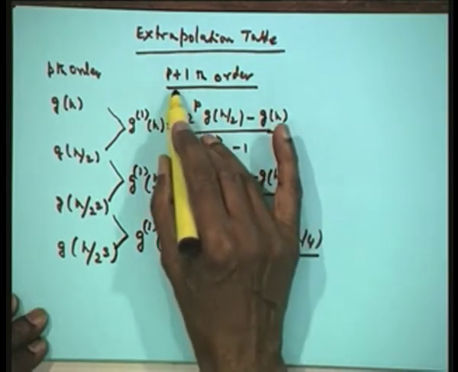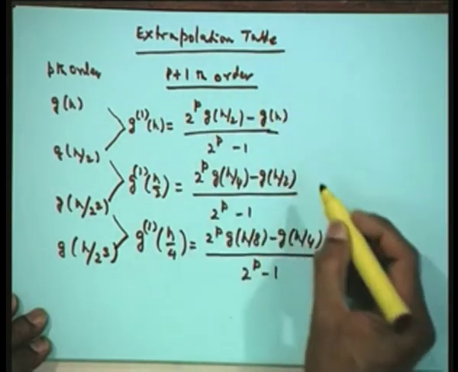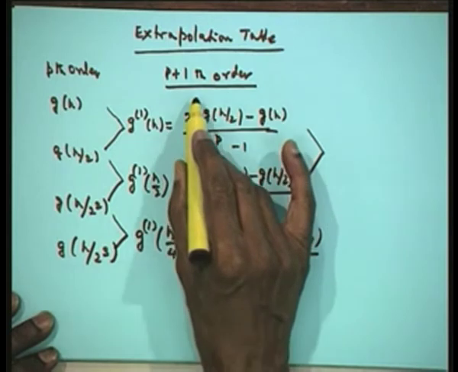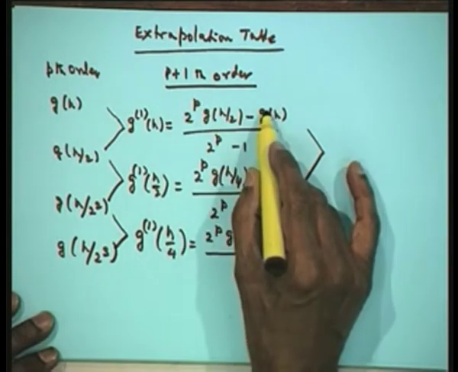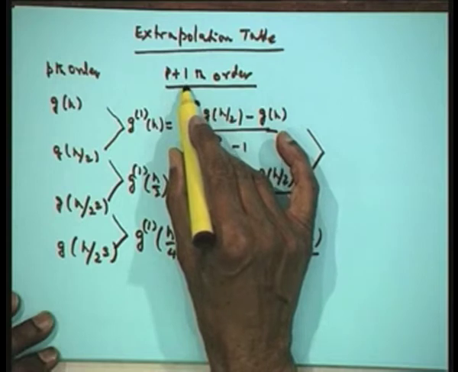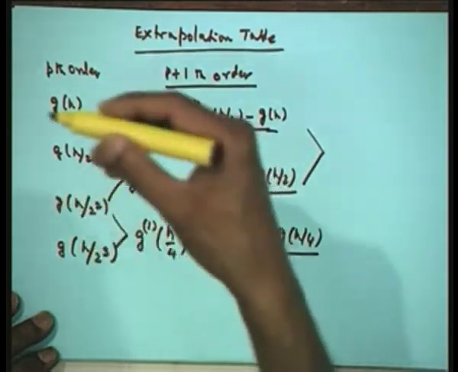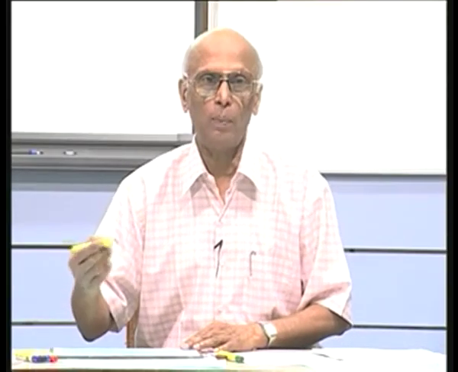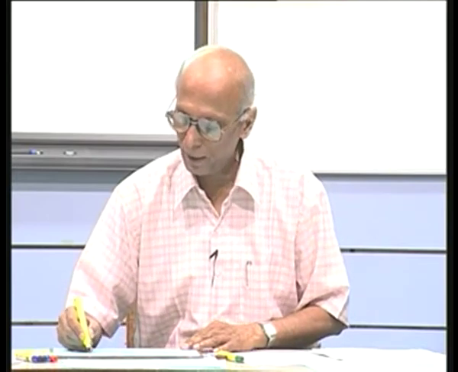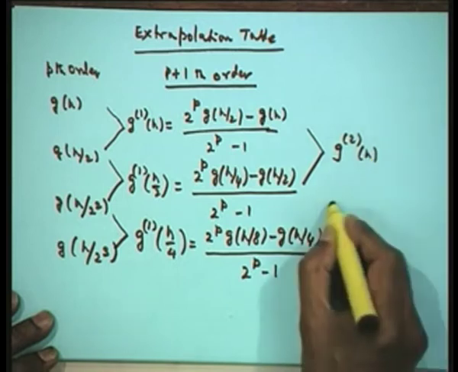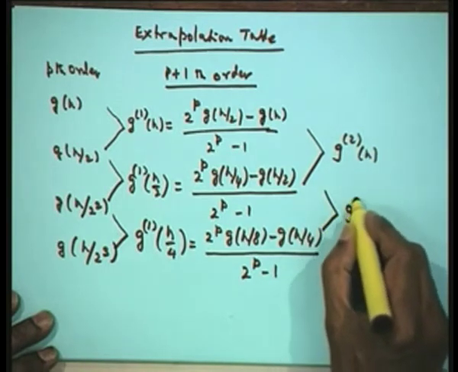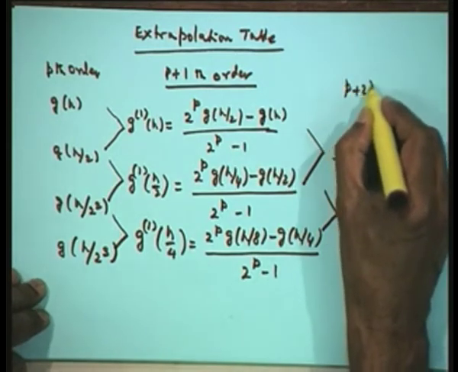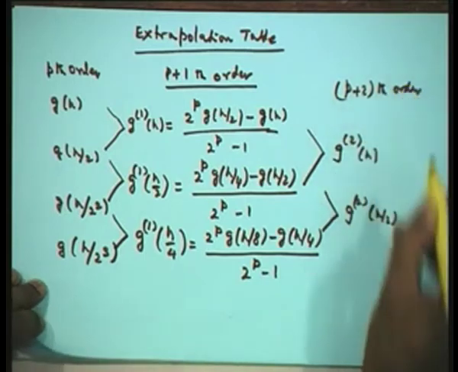Now, since the method is of p plus 1th order, that is h to the power of p plus 1, I can now similarly manipulate exactly the same way that we have done, but now the coefficients are going to be 2 to the power of p plus 1 and minus 1, because the method is of p plus 1th order. So, now if I reduce h by 2, h to the power of p plus 1 divided by 2 to the power of p plus 1. So, we have to eliminate that particular coefficient. So, I have to multiply by 2 to the power of p plus 1. So, I can now have here g 2 of h, we will write down the value in the next page. So, g 2 of h by 2. So, this behaves like a p plus 2th order formula,